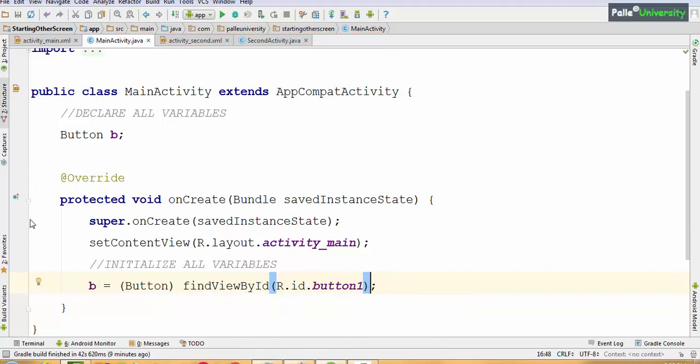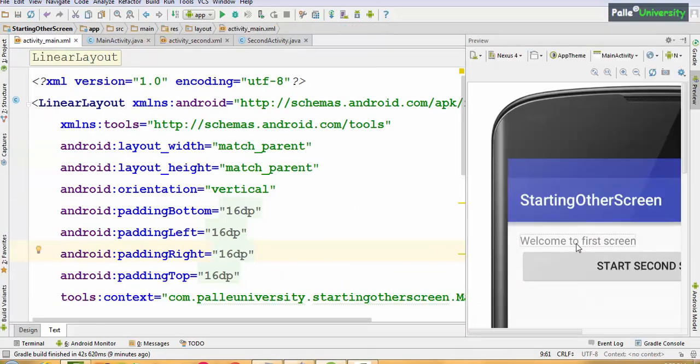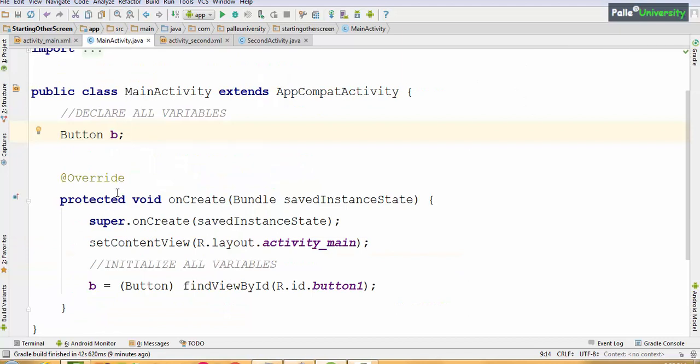Now you may be thinking, if I don't declare the text view variable and don't initialize it, will it display the text view or not? You don't have to worry. Whatever is there in the screen design will be displayed as it is. Only if you are going to change the text view content or read data from the text view, then only we have to declare that variable. Either if you are reading or modifying the content of the text view. Otherwise not required.